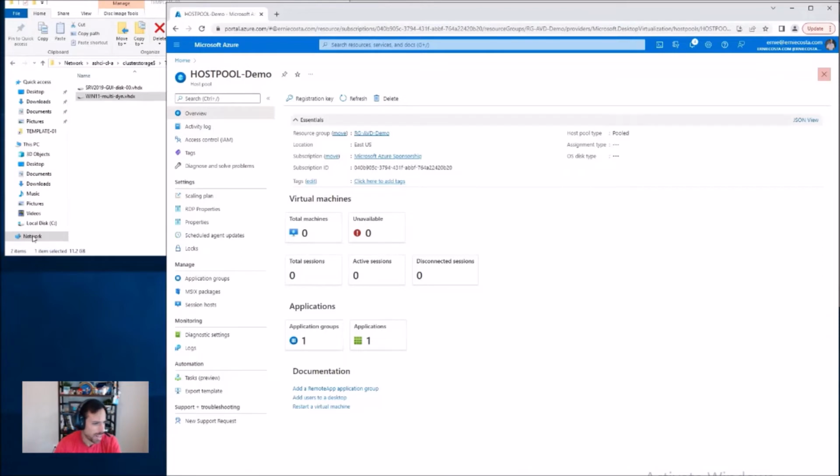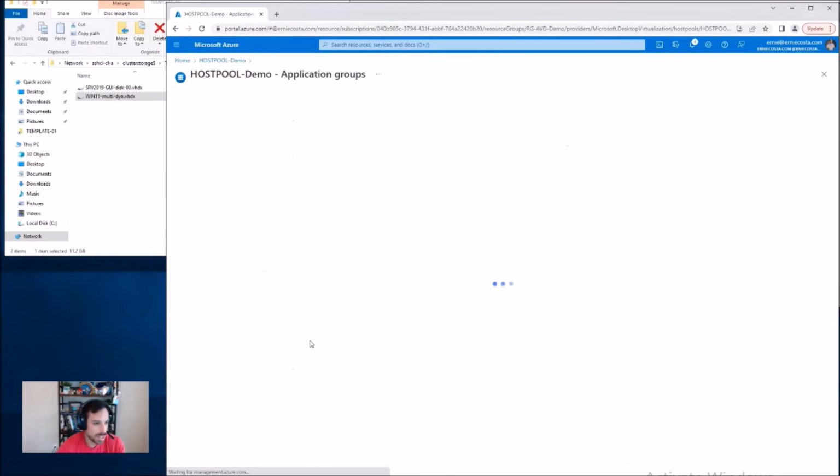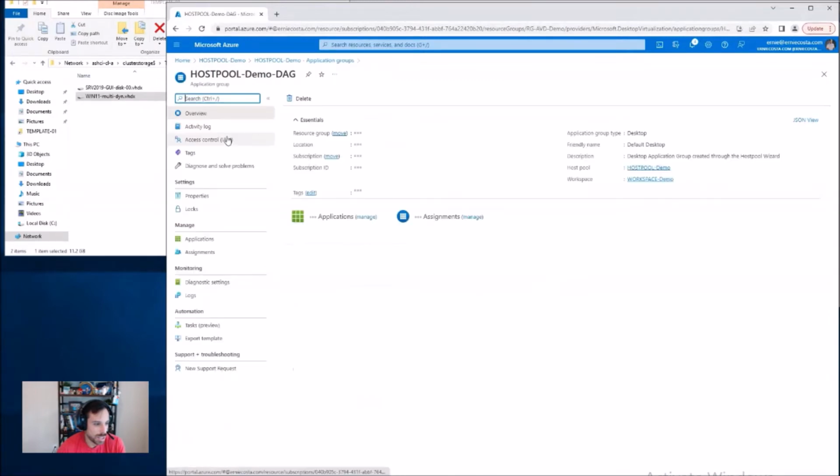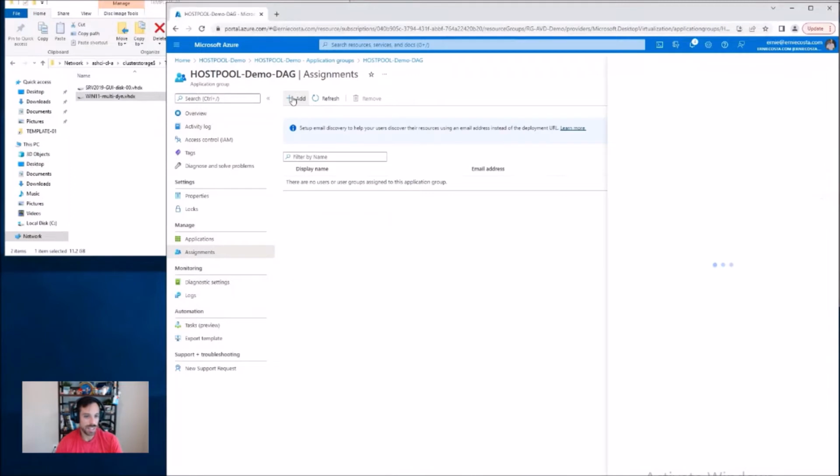Actually, you know, why not? Let's just do it now. I already have some people created. You've got to go into the host. Oh, in this case, it's the application group. It's a desktop application group. If I go to assignments, I'm going to add,